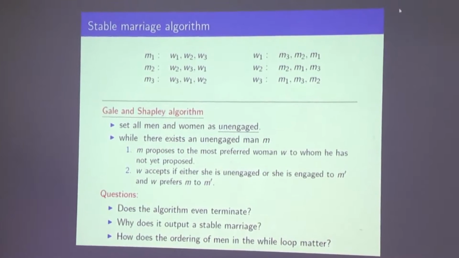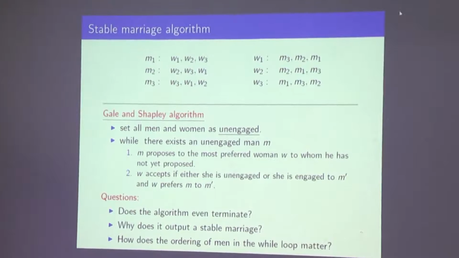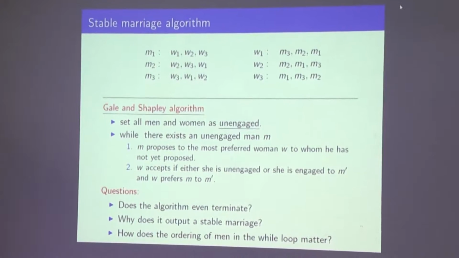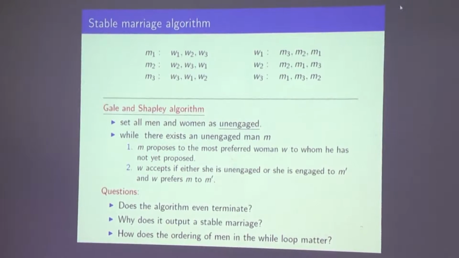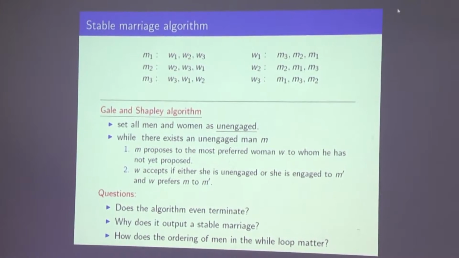So although this algorithm is given, this doesn't seem to be a recipe, because if I follow it, I will follow it in a different way, you follow it in a different way. So then will our outputs be different? And of course they will be stable because of the way we have defined it. But again, it is a very remarkable result that whatever order you choose of these men, you get the same output. So you can try this out for several examples, and it is really amazing that this non-determinism is of no consequence to this algorithm.